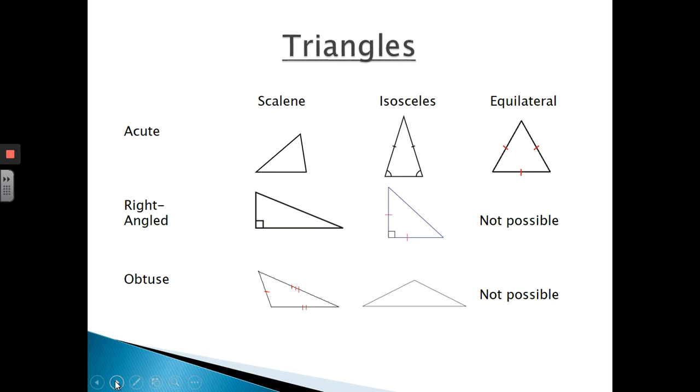length. The isosceles triangle has those two lines marked, one line on one side and one line on another side, to demonstrate that those sides are identical in length. And the same is with the second and the third. I've just marked it in there. But two angles are the same and two sides are the same in an isosceles triangle. And in an equilateral triangle, it's in the name, all the sides are equal in length and all the angles